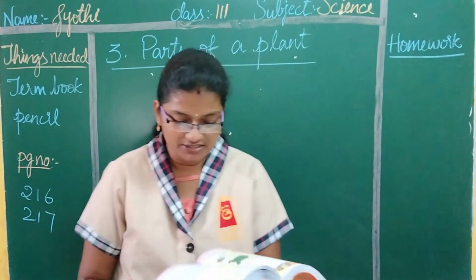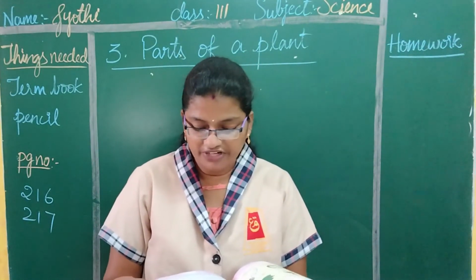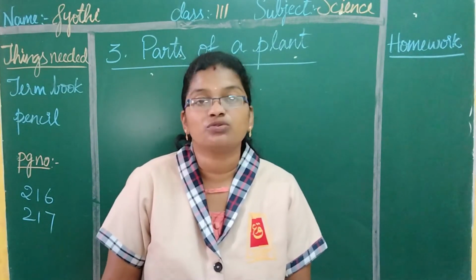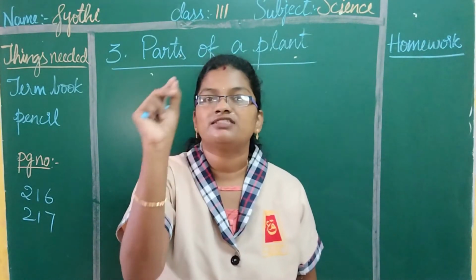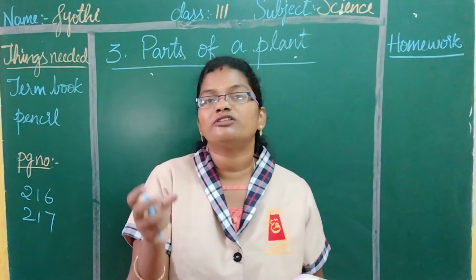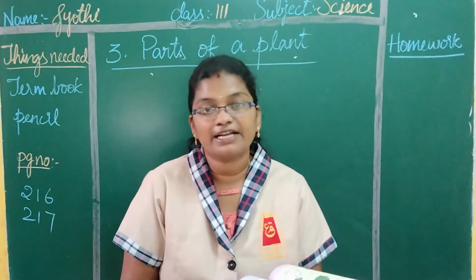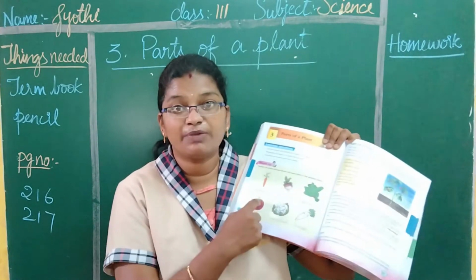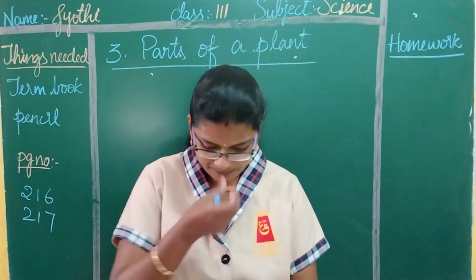nutrients and minerals. They also store food. For example, carrot, radish, beetroot and turnip. We eat such roots. So, they also store the food. Like carrot. If you observe the carrot, you can see small roots on it. Right? So, in a few plants the plant is going to store the food in the form of roots. The best examples they have given here are carrot, radish, beetroot and turnip. The three examples are here in the textbook on page number 216. Carrot is there, turnip is there and radish is there.